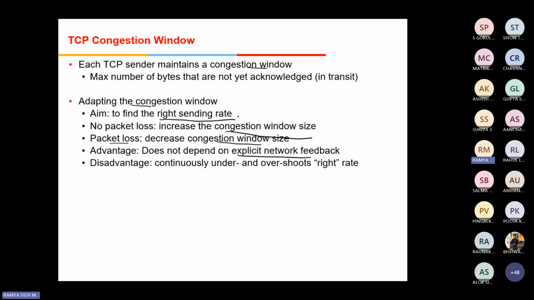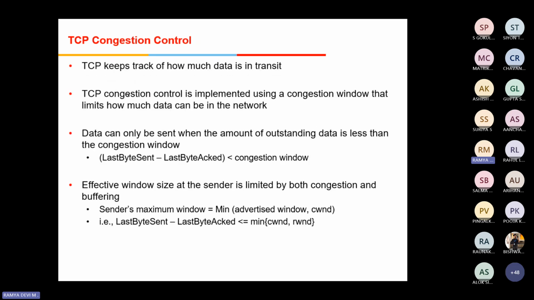Now we'll see an example so that you can understand very well. TCP congestion control tracks data in transit. TCP will monitor the amount of data being transmitted, the data that has been sent but not acknowledged; everything is kept in track. It uses a dynamic parameter called the congestion window, which limits the amount of data being put inside the network. Now we have to follow the sending condition. The sending condition is: last byte sent.